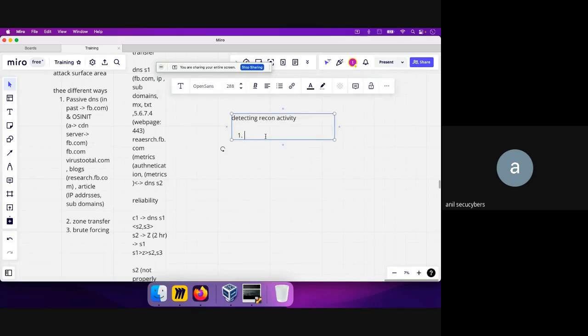So one way is to set up a system that alerts you when there are a lot of DNS requests coming from a single source. Okay, so if you receive such an alert, what you do is investigate the requests and check if they are for non-existing domains. So let's say, as I told, an IP address, for example, is making multiple DNS requests, or let's say a high volume of requests.